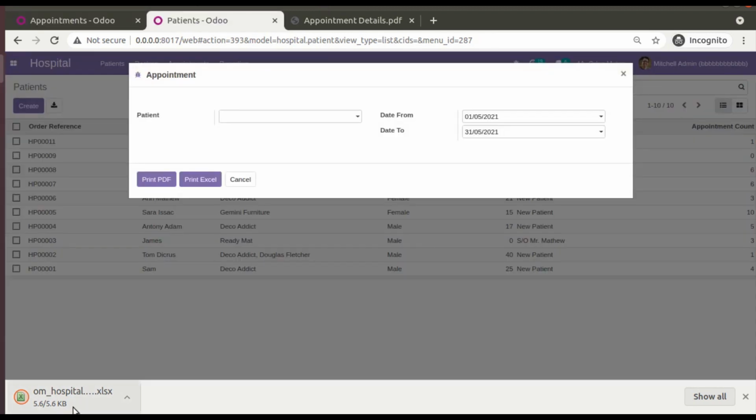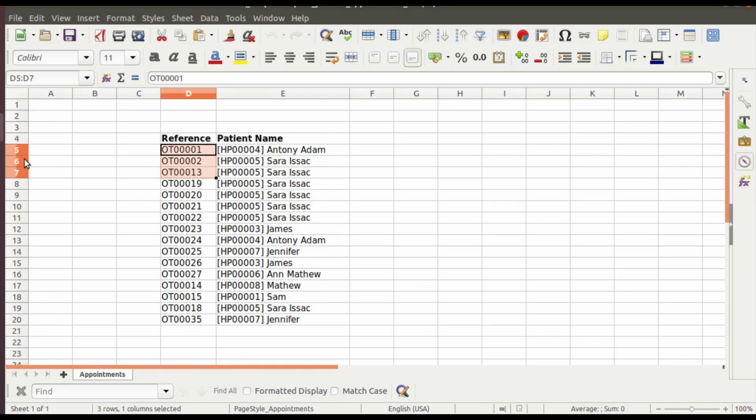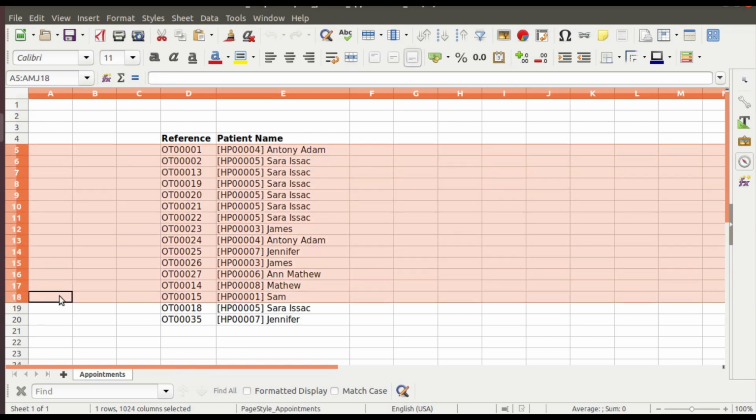So let's open the downloaded file and see how many appointments we are getting. We can count from here, 5 to 21. That is 16 appointments you are getting. You can see 16 rows found.